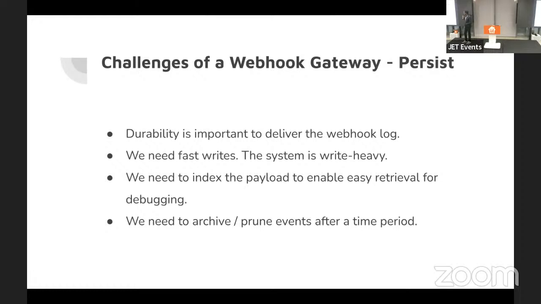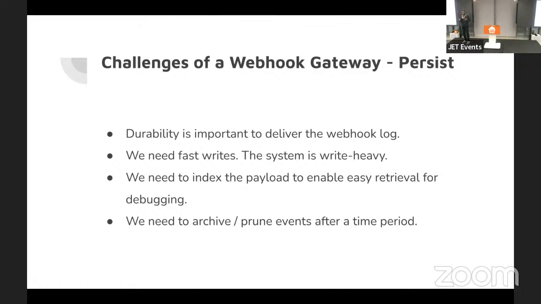The second requirement is we want fast writes. The system is write heavy, so we want fast writes on our persistence layer, and we want to also be able to index the payload so that we can retrieve it easily.